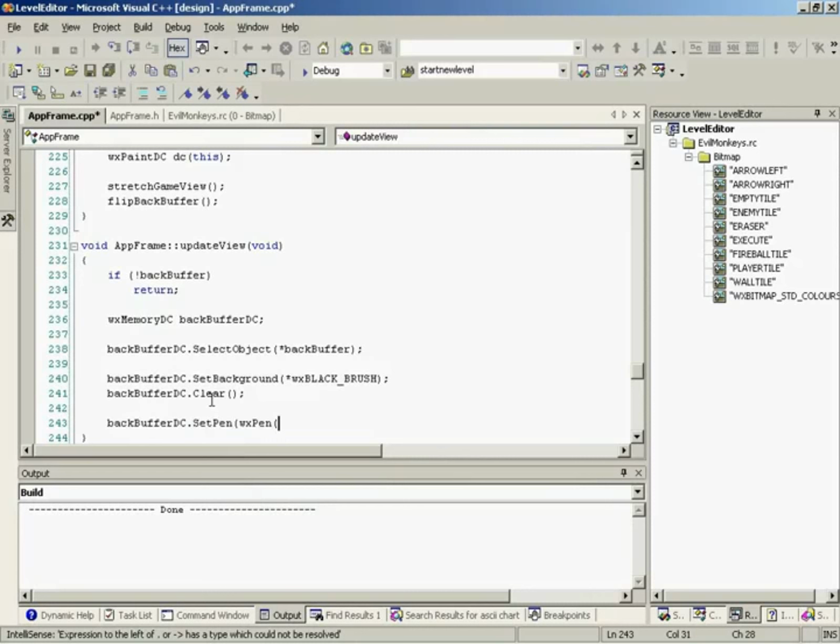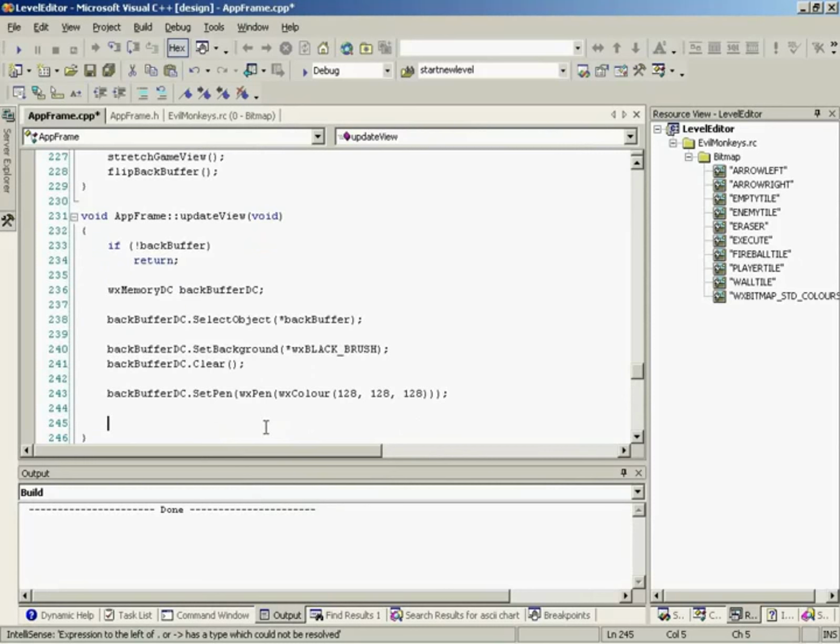We're just going to create another wxPen, because remember, SetPen is looking for a pointer to a pen object, and it's going to be of color 128, 128, 128, which is a light gray. With that set, all we need to do is draw lines all over this thing. We're going to draw lines all the way down the x-axis and the y-axis, so we're going to have two loops here, one that draws the vertical lines and one that draws the horizontal lines. So int x equals 0, and while x is less than the current level, because remember,